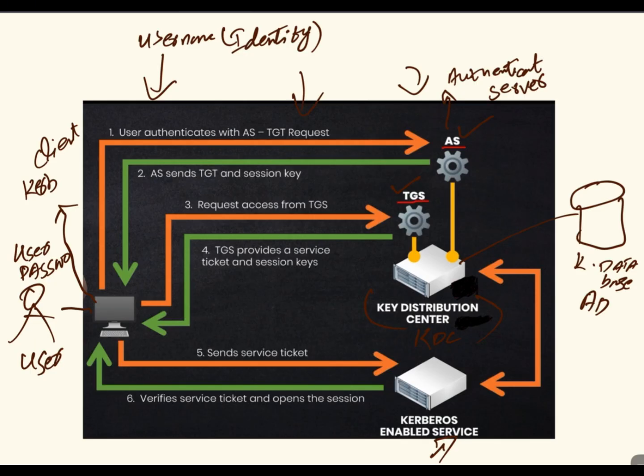It will check in the database against this username, the password which is already stored in hashed form, right? And another important thing which we need to know: it derives the same password key. It looks up the password hash in AD, in the database, against that username which the client has sent, and then it derives the same password-based key,